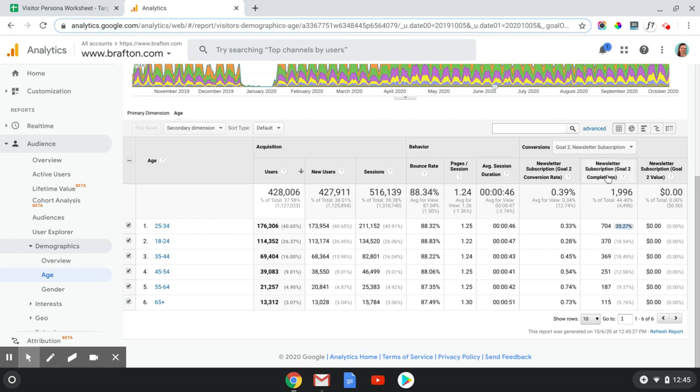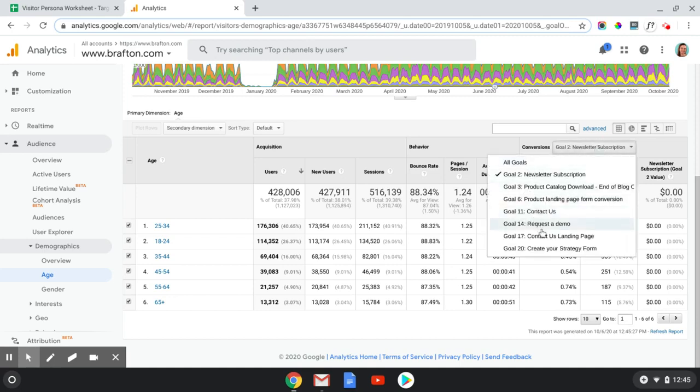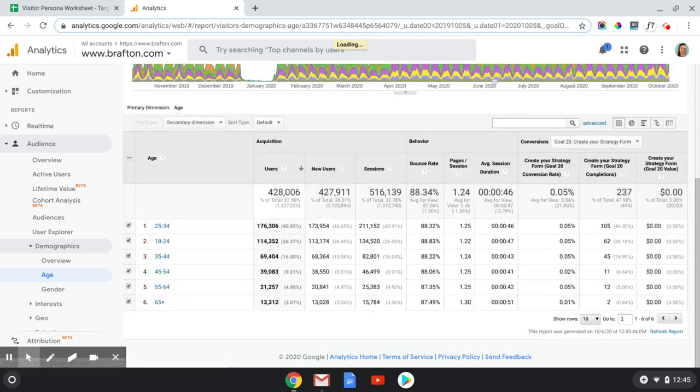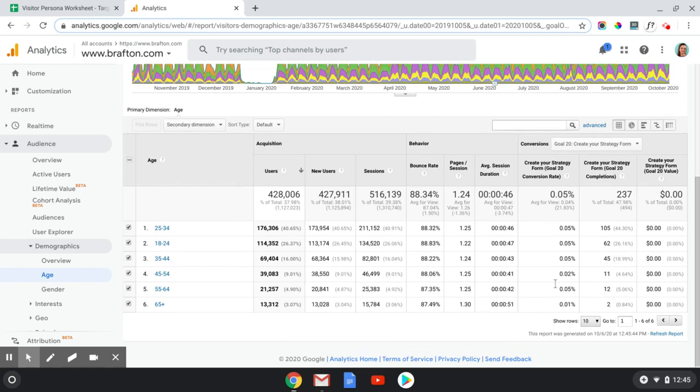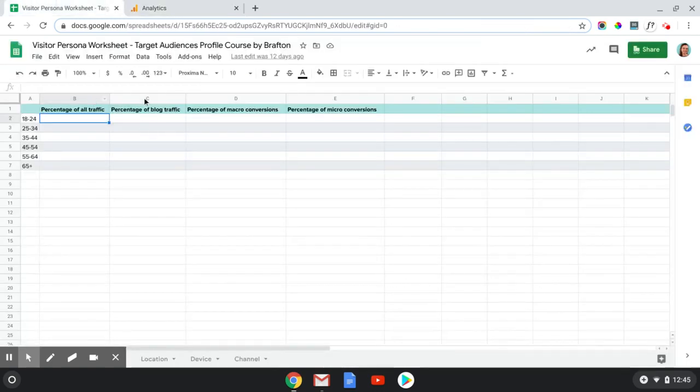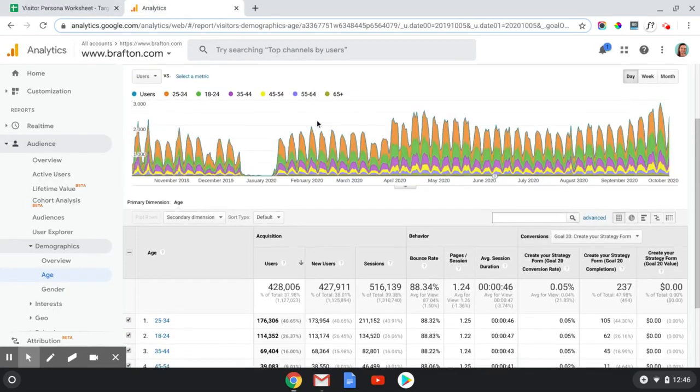We always want to make sure that for our micro and macro conversions, they are pulling from all website traffic and not a specific segment. Our Create Your Strategy form is what we usually use for our macro conversions, and we can see the percentages here.